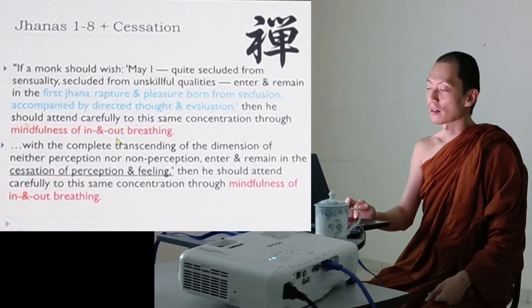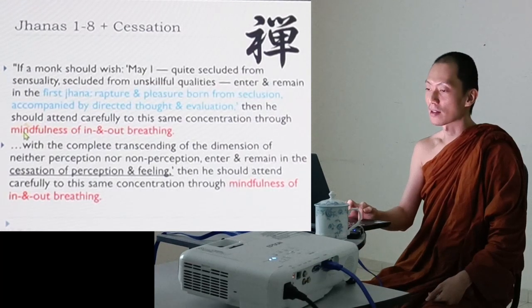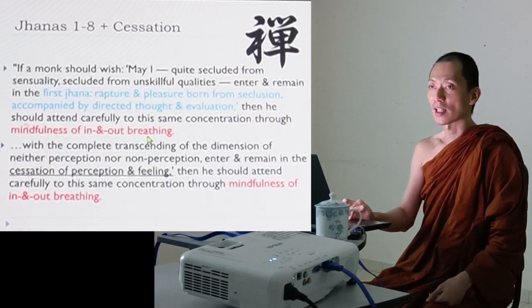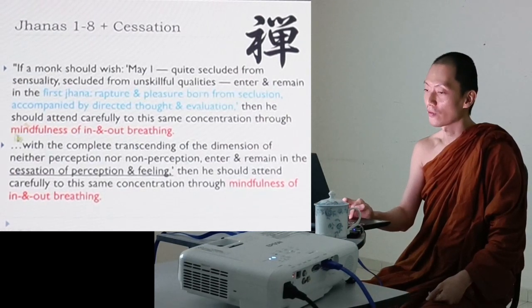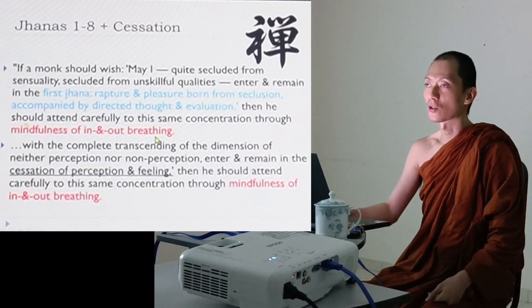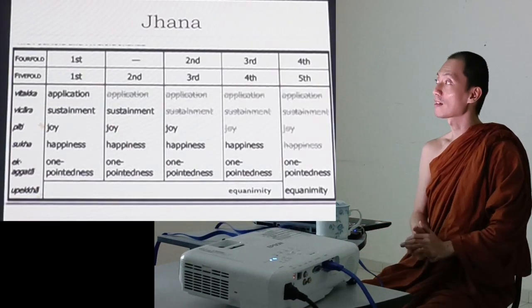You can double check this sutta again, the Dipa Sutta. At every level of jhana, we have this mindfulness of in and out breathing. The second jhana also has this mindfulness of in and out breathing. The third, fourth, fifth, sixth, seventh, eighth also have this mindfulness of in and out breathing. So it's this Dipa Sutta. If I tabulate this into a table,